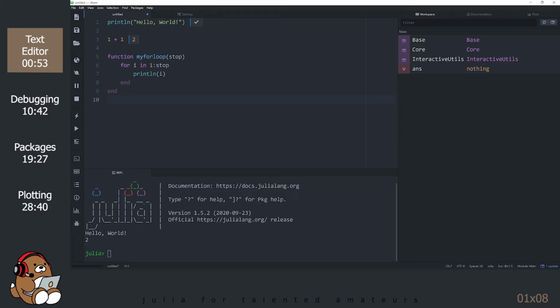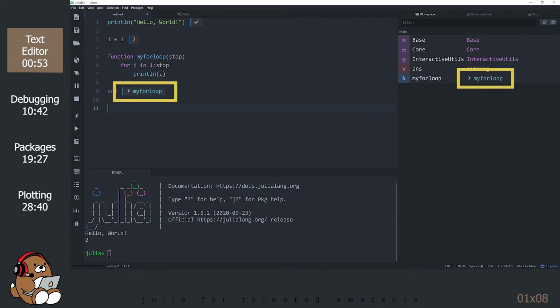Also, the text editor automatically indented your code for you, so you don't have to worry about using the tab key or spaces. In order to run your function, highlight the function block by left-clicking and dragging the line numbers, and then hit Shift-Enter. Notice that my for loop showed up in a couple of places.